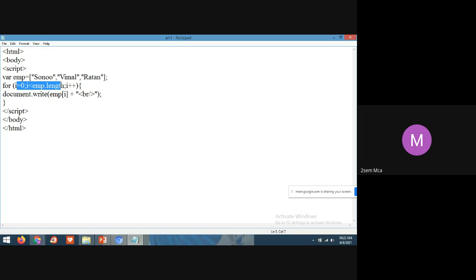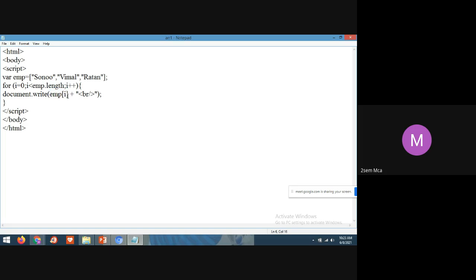What is the length of this emp? 3. Yes, but the array index starts from 0. So the length of this emp is 3, so here three values are assigned. Unless this condition becomes false, it will display the values.